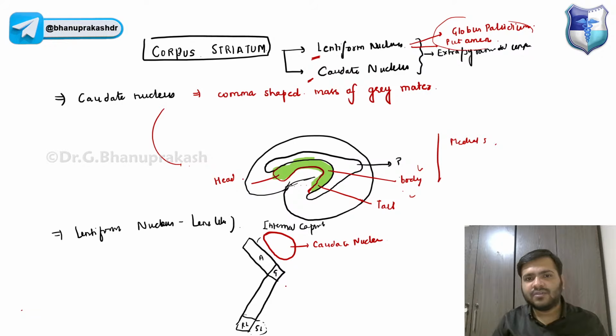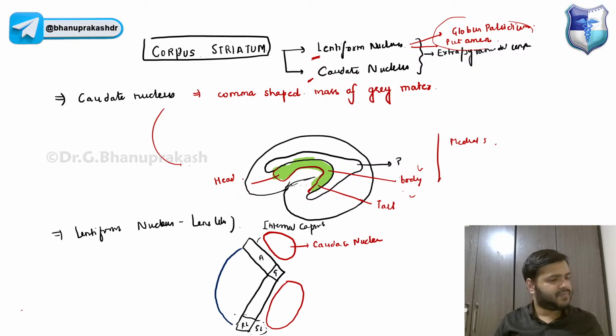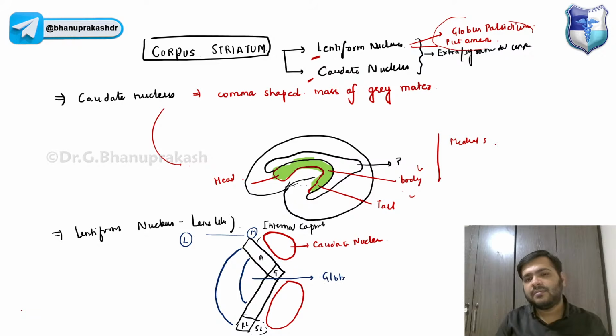Over here you will see the thalamus, right? And in this part you will find the lentiform nucleus. You already know the caudate nucleus is medial to the internal capsule, and the lentiform nucleus is somewhat lateral. Now this lentiform nucleus is divided into two parts. The inner core part, you can very well see, is the globus pallidum,